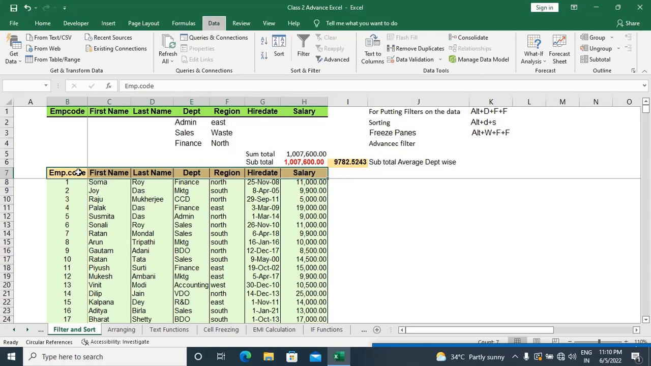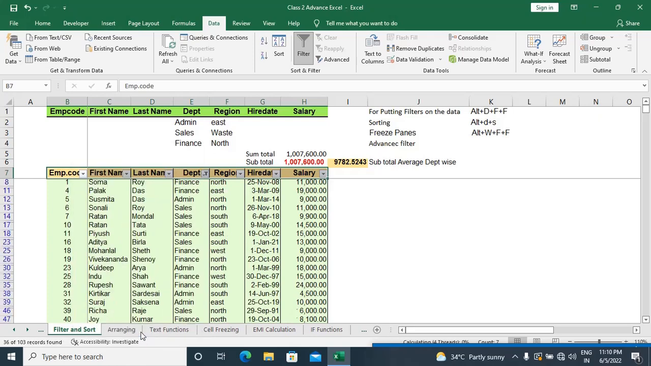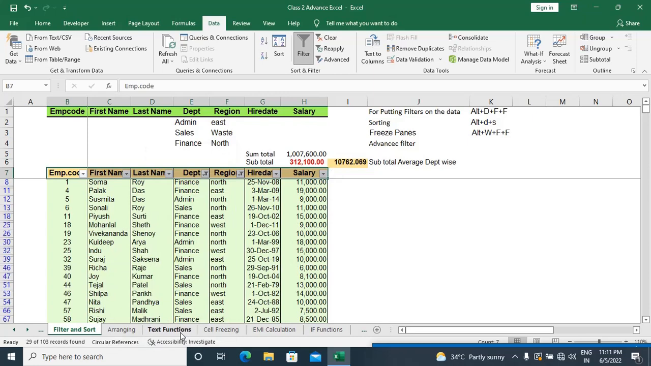So Alt D FF we are doing. Now department, what are the departments that have been written here? Admin, sales and finance. Admin, finance and sales department. It's okay. So now we would like to see only these three regions: east, west and north. East, west and north. So if you select this, just look at it, admin of east,